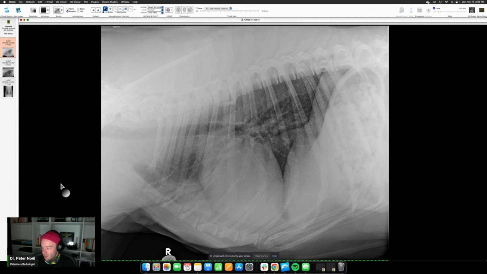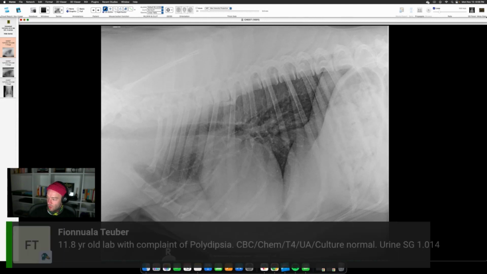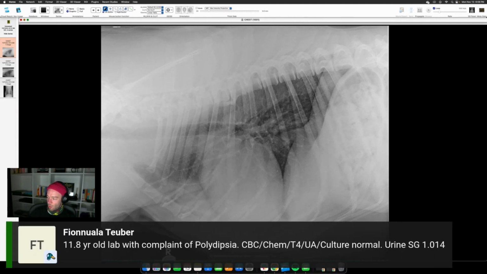So, okay, this case is an almost 12-year-old Lab with complaints of polydipsia. CBC, chem, T4, UA, and culture are all normal, urine specific gravity 1014. Okay, so